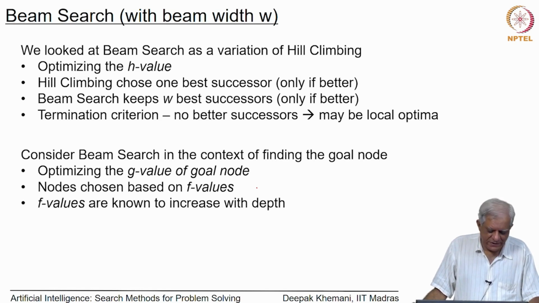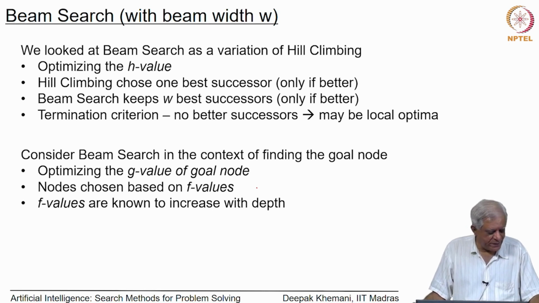Now, we have studied that, especially in the case of the monotone condition and even otherwise, f values tend to increase as you reach closer to the goal. The reason for that is that the contribution of h decreases as you go closer to the goal, and the contribution of g increases, and h is the one which was underestimating the cost to the goal. Therefore, as you go closer to the goal, g plus h together as a whole increases, and this is especially so where the heuristic function satisfies the monotone property, and we showed that as we go towards the goal, the f values increase. So, clearly